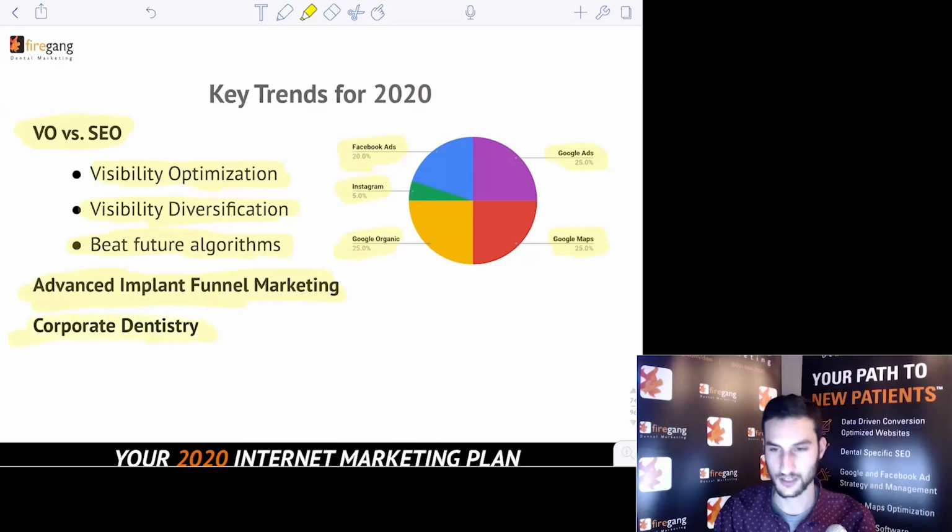The last thing I had on here is corporate dentistry. I mean, corporate dentistry is not going anywhere. It's going to continue to rise, and we've seen that over the last few years. We've got to get especially these diversification and messaging strategies in place if we want to continue to compete with